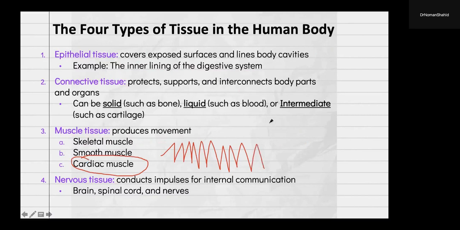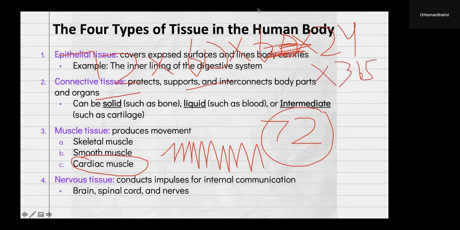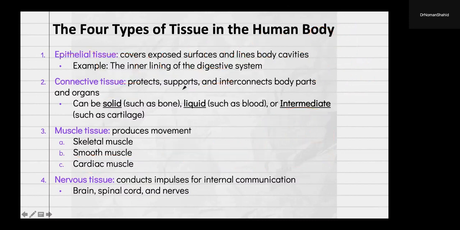If it is beating 72 times per minute, and one hour has 60 minutes, for 24 hours, and then 365 days per year, you just imagine how many times a heart beats in 1 year. So it is constantly beating for you, supplying the blood,